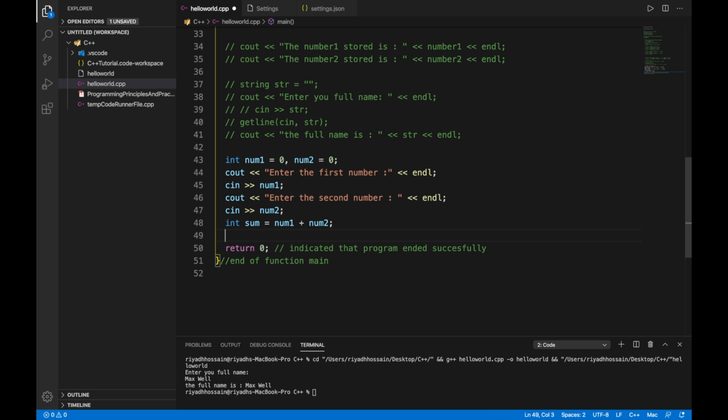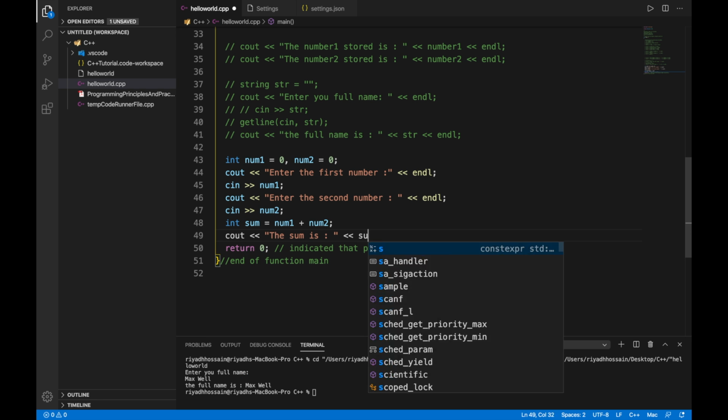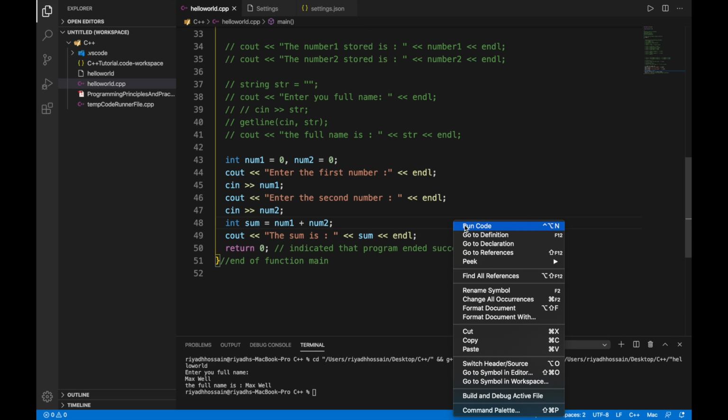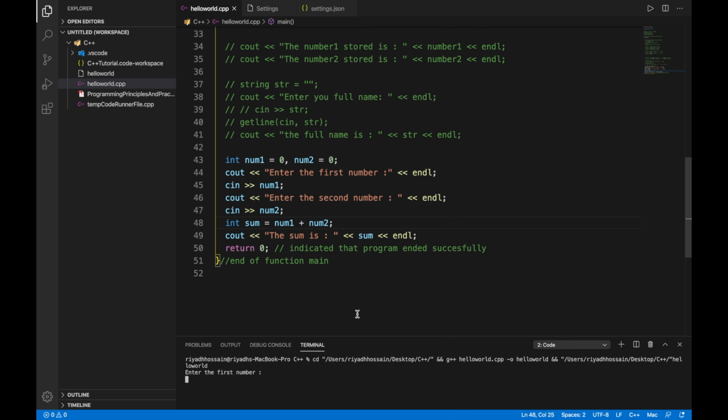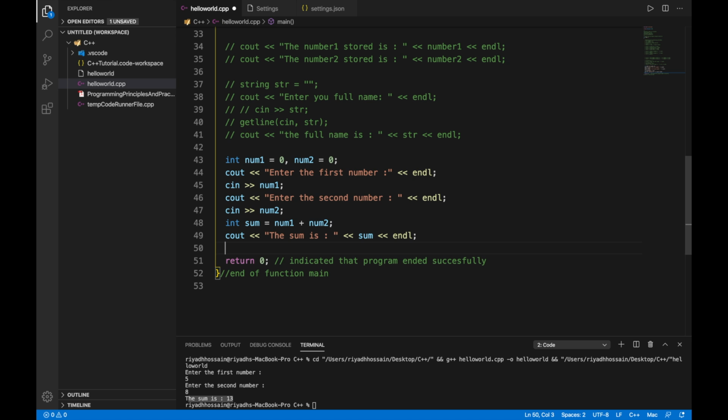So let's go ahead and output that. Let's rerun the code. As you can see, it's asking for the first input. So let's say 5, and then we're gonna do 8. As you can see, it's showing the sum is 13. So this is how you can use the arithmetic operators. And for arithmetic operators, you actually have